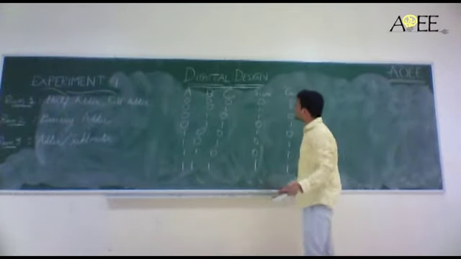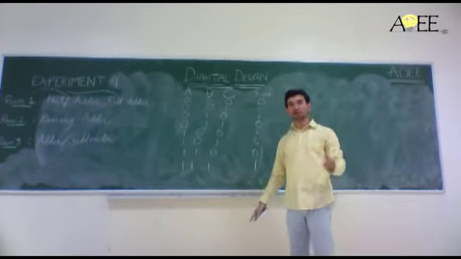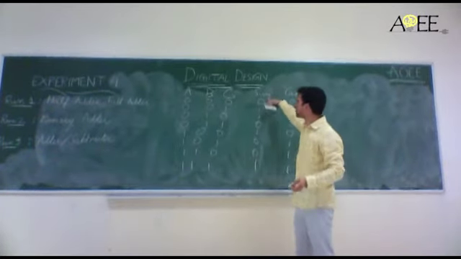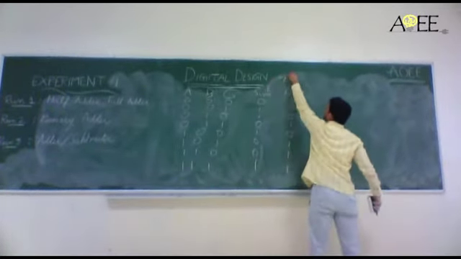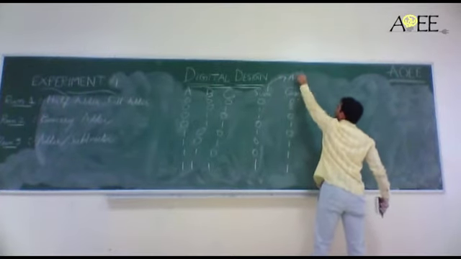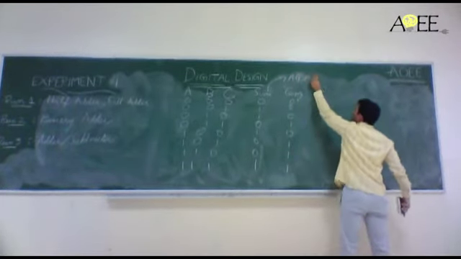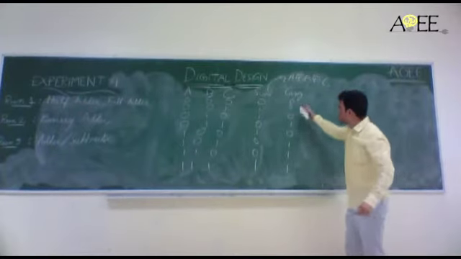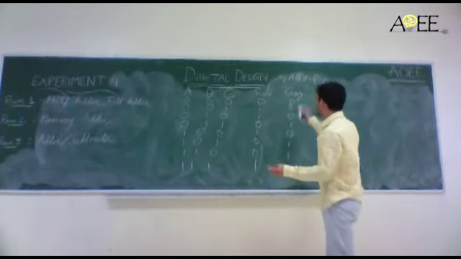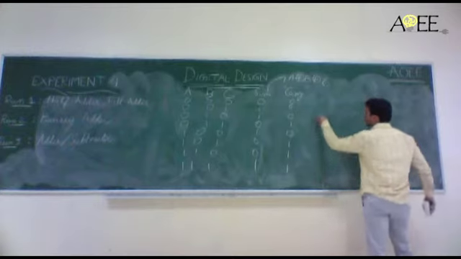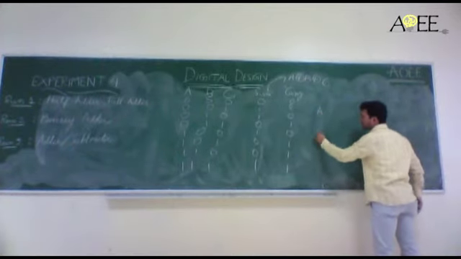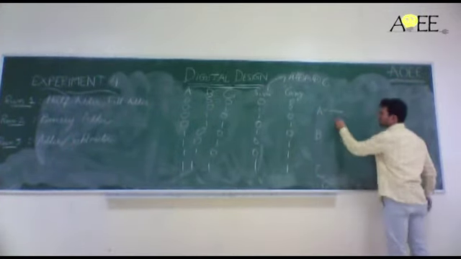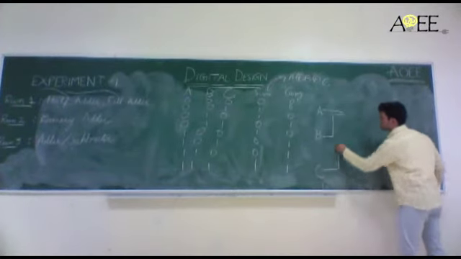Again, same thing: you have the function and you have to implement it. So sum is XOR. This function is actually A XOR B XOR C, and the carry function will be done through normal function implementation. So for implementation purposes, I have A, B and C. First of all, XOR.